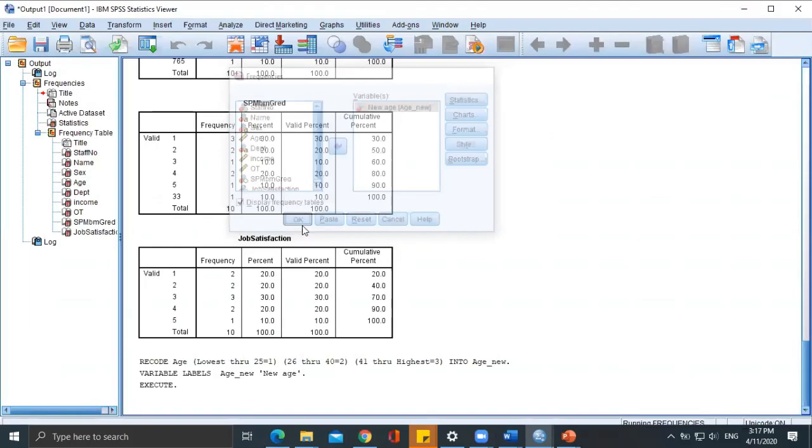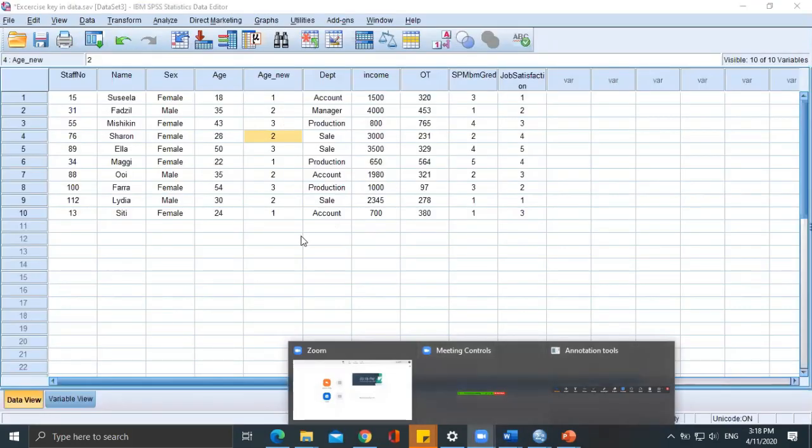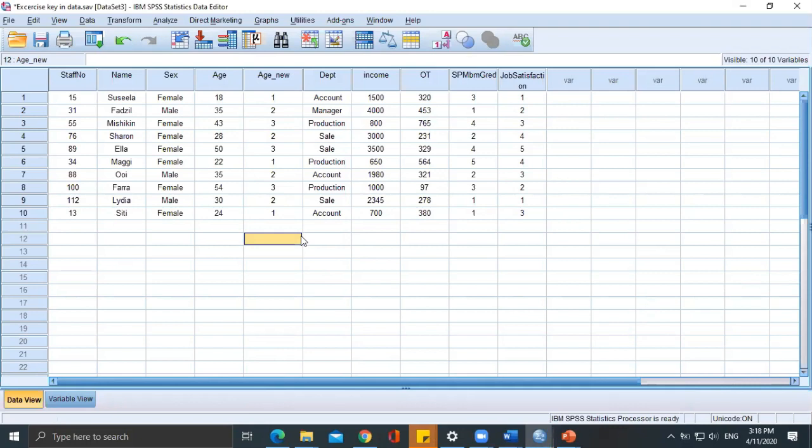you only have 3 groups. Become 1, 2, 3. So you know each group, how many people are in that group. Once you have learned how to recode, you can use this later on to record not only ungrouped data, but you can also use it to recode